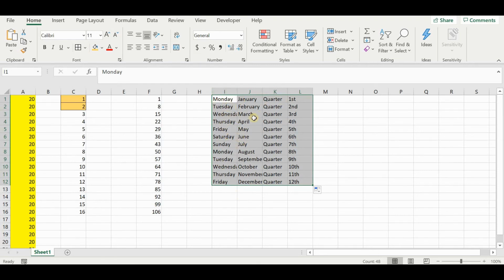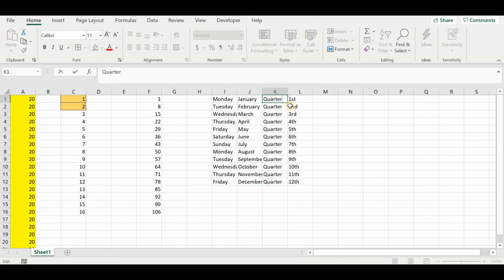So January, February, March, April, etc. Here I forgot to write this. If I write Quarter 1, automatically it has taken Quarter 2, Quarter 3, Quarter 4, because in a year there are 4 quarters, and in 12 months it has taken all 12 months.